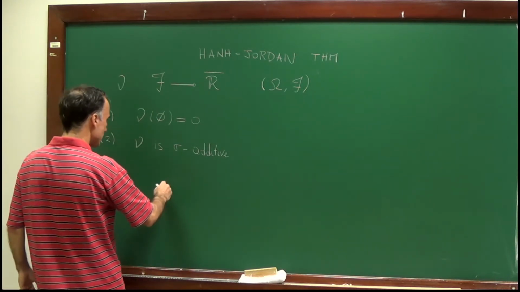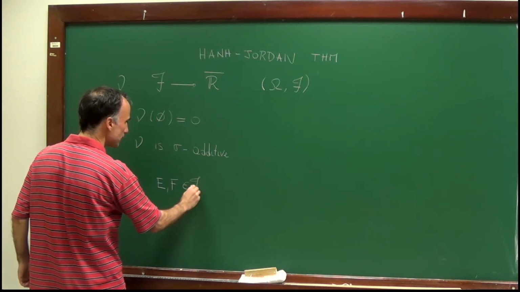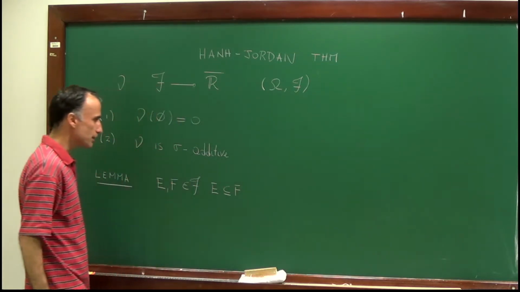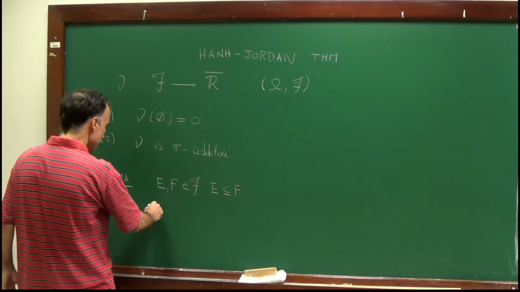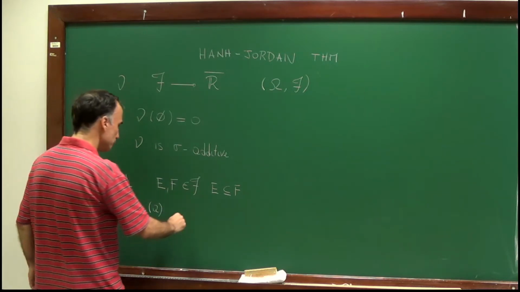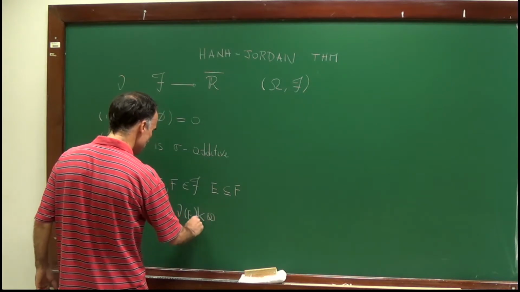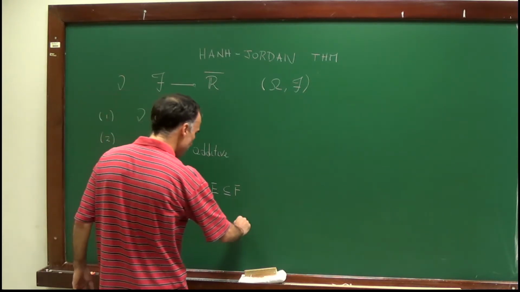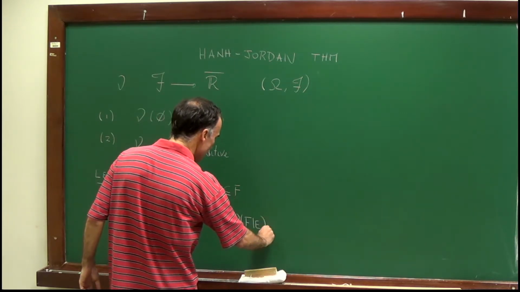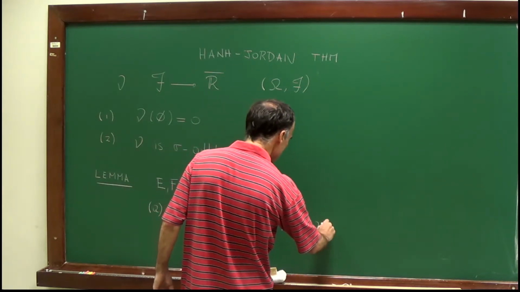So let me take two sets, E and F. Of course, I always assume that they are in the sigma algebra. I'm not repeating that, but let's assume that E is contained in F. Then what I claim is that, well, either nu of E is finite, and in this case, nu of F minus E is equal to nu of F minus nu of E,